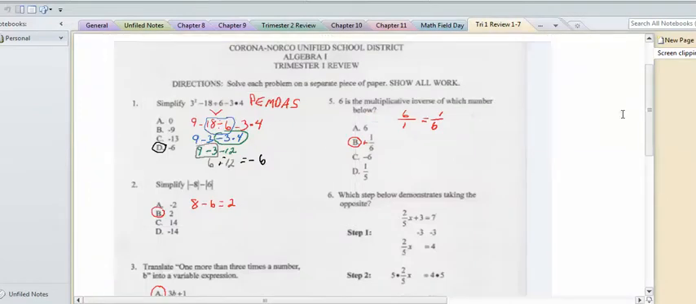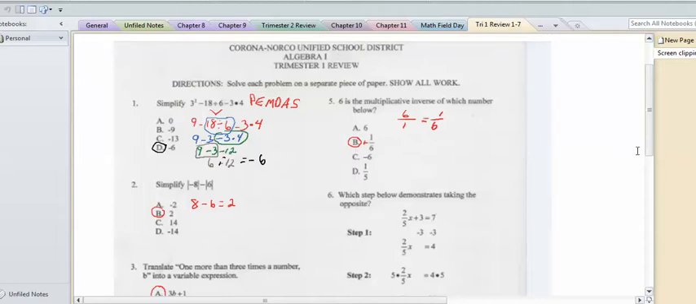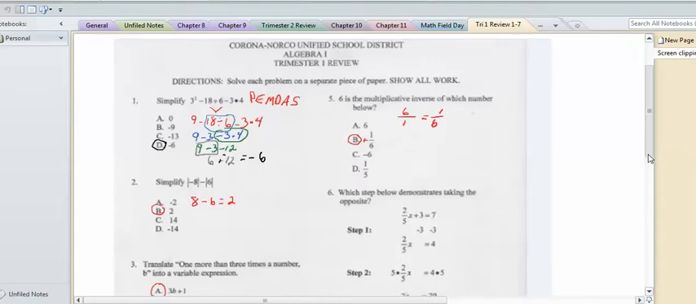Okay, so now I'm on number 1. Number 1, you use order of operations. You do the work, and I try to show you what you did in order of operations. If you're not sure, pause it and see what I did first. I circled what I was working on, and I came up with -6. Number 2,